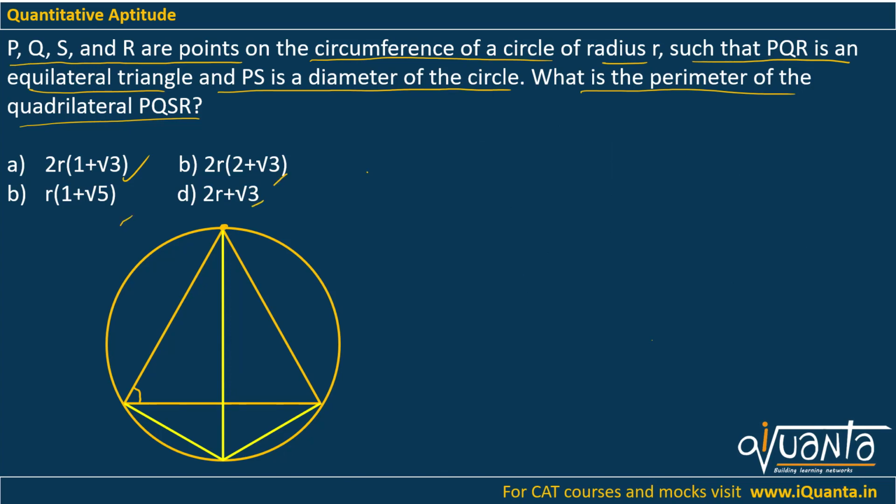So we need a circle of radius R over here. Let this be that circle. I'll take the center over here and I can say that this will be R, and we need this equilateral triangle over here. So this will be PQR, because P, Q, R are on the circumference of the circle. We need another point S on the boundary of the circle. PS is the diameter, so I'll write S over here. PS will be our diameter. I need to find out the perimeter of PQSR.